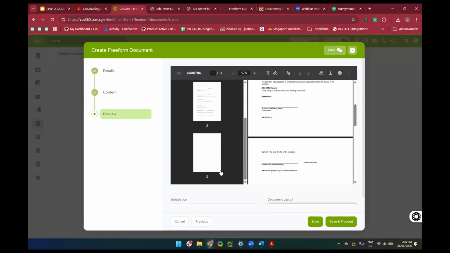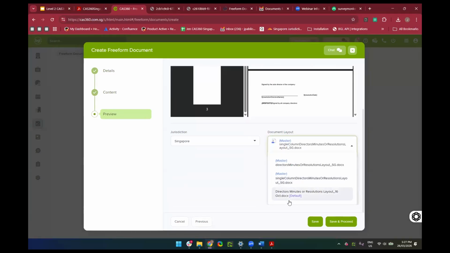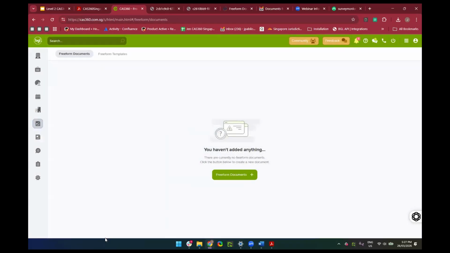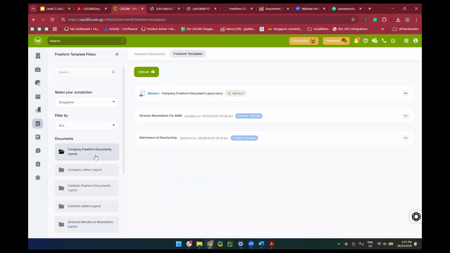Now, again, similar to your document templates under the settings, you have the ability to create your own layout. So what I'll do is I'll go to my freeform template, and I go to my